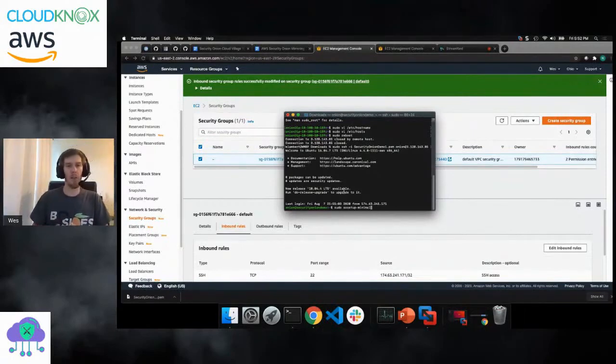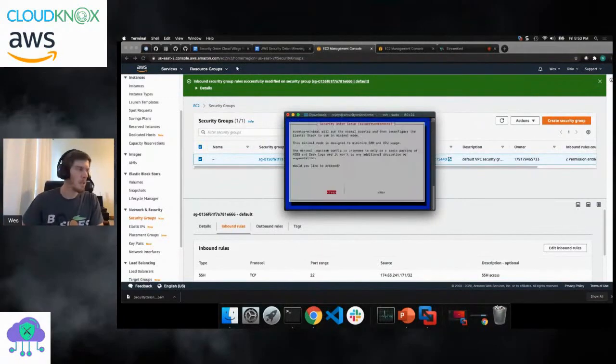You could run the full-fledged version. You would have to size up, probably to a T3 large, or maybe even, a little more comfortably, a T3 extra large. But SO setup minimal will be more than enough for our lab, and usually is more than enough for many folks as well. So we'll run that. It's going to ask us if we would like to proceed. We'll hit yes,